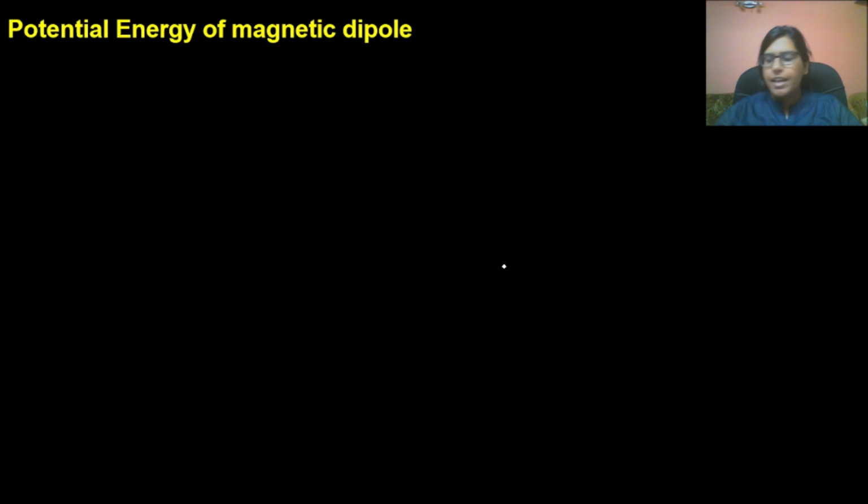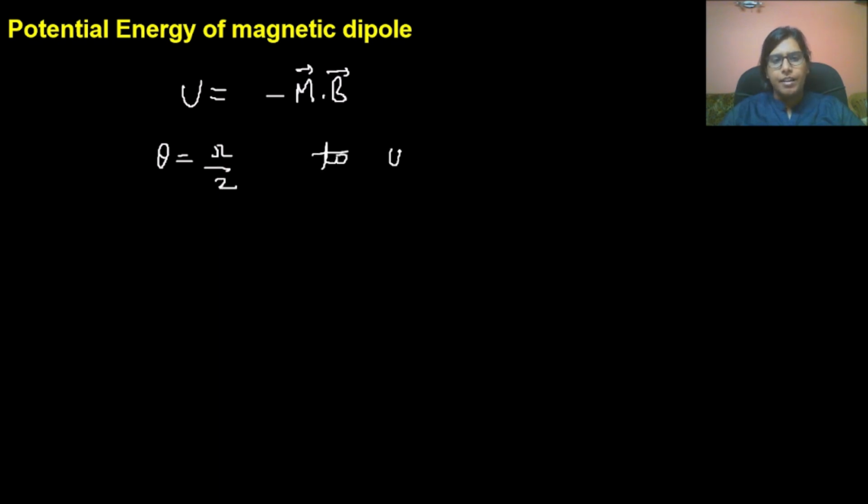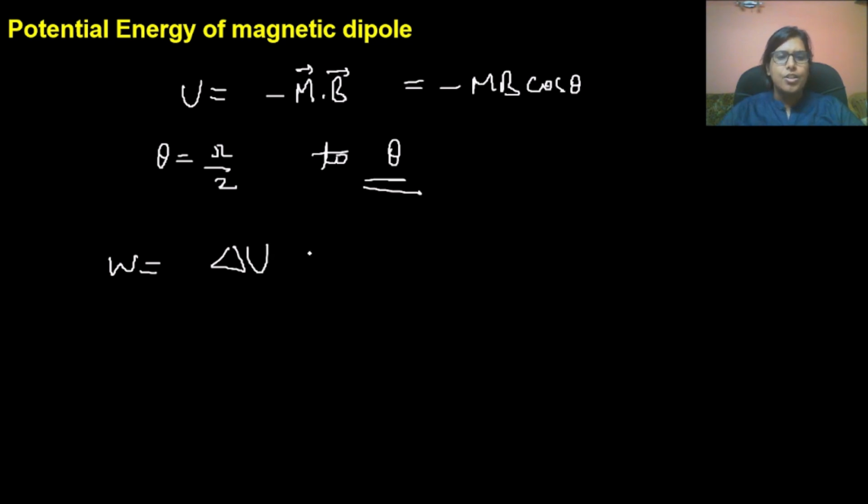If we write the potential energy of a magnetic dipole, it will be minus m dot B. Actually, the potential energy of a dipole is defined as the work done in rotating the dipole from theta equals 90 degrees to a given theta. So this can be written as minus mB cos theta, and work done will be the change in energy. So from theta 1 to theta 2, it will be